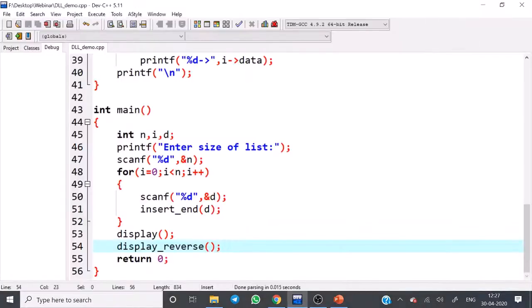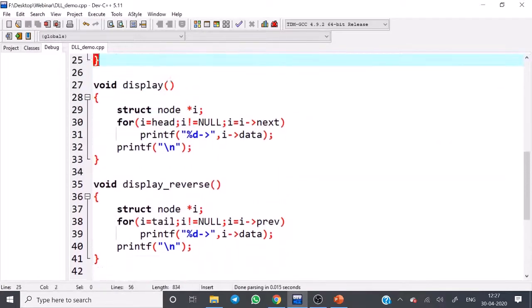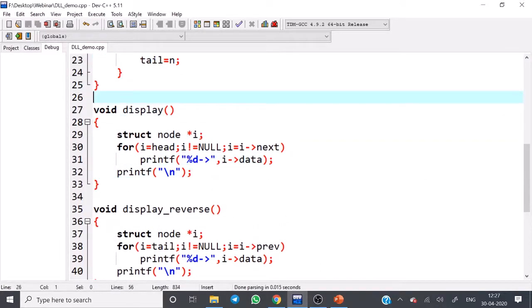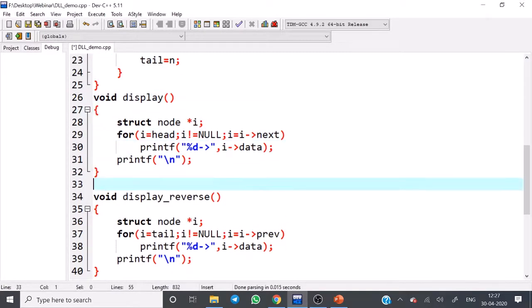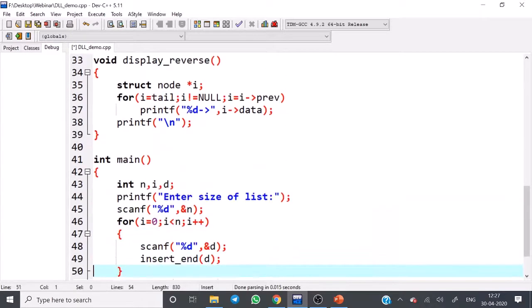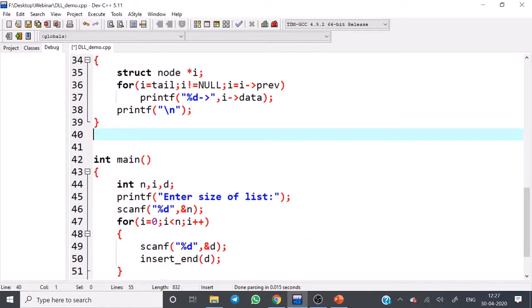Very simple implementation. Okay, I just implement one more operation. It takes only 5 minutes to implement the double linked list concept. See here, I just implement delete at the end.